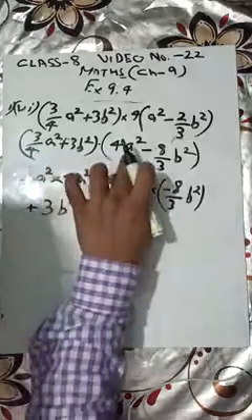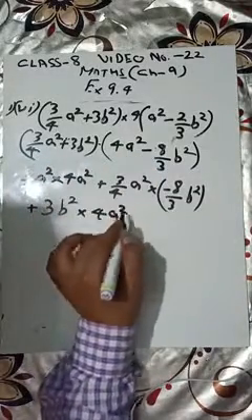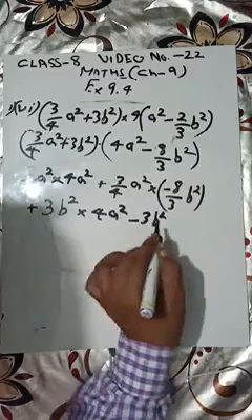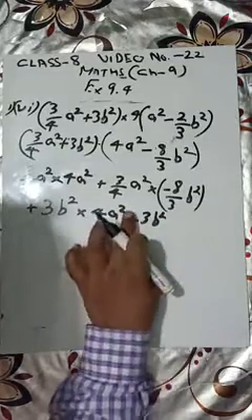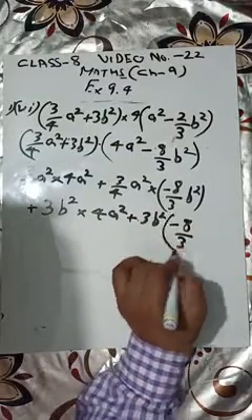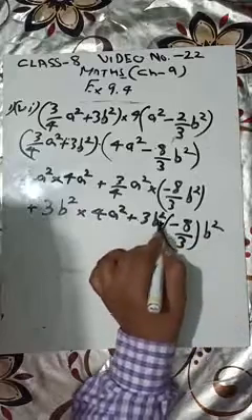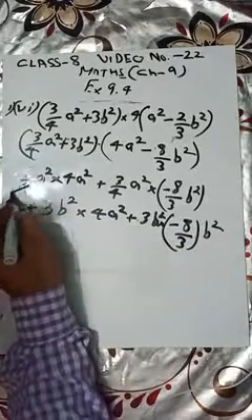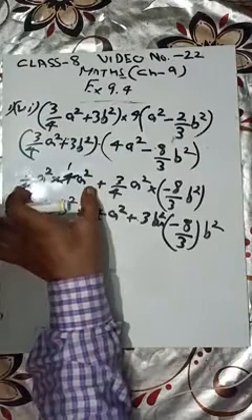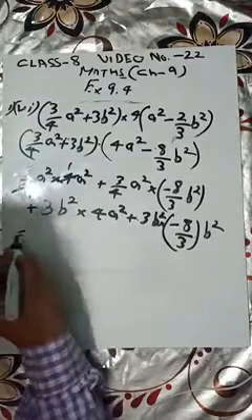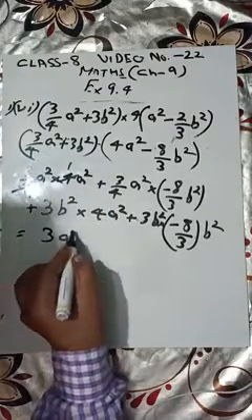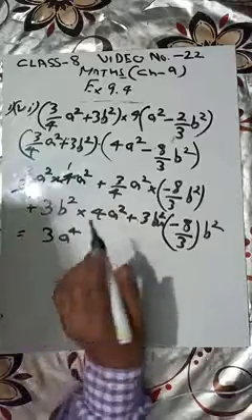If this is going to multiply with this, minus 8 upon 3, bring bracket, you have multiplied. Solve it. 4 1 times, 4 1 times. Now this is what? Look at this. You have to solve this. 3 into 1, 3. A is going to multiply with a square. It will be what? Power is going to add. So it will be what? 2 and 2, 4.